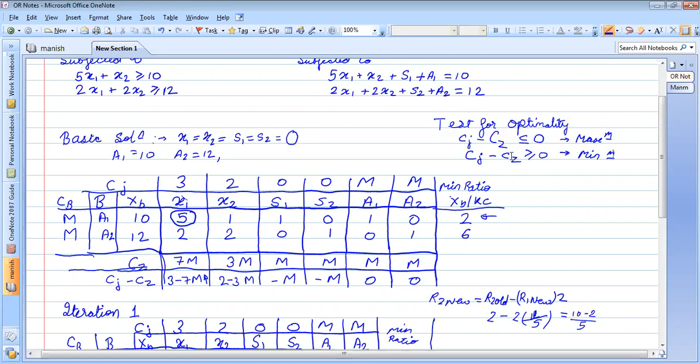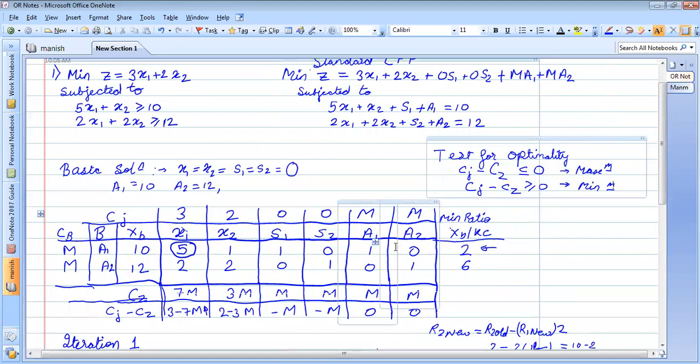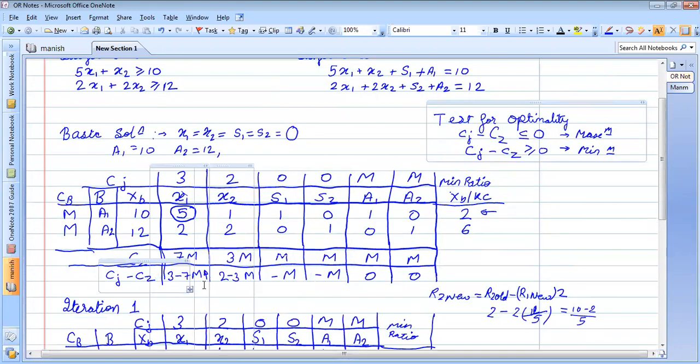What we have done is multiplied this by minus 1. So if you multiply it by minus 1, this less than or equal to will convert into greater than or equal to. Got it? So we have changed the test for optimality. The test for a maximization problem will be this, but we have changed it. So what we want here now is everything should be positive.